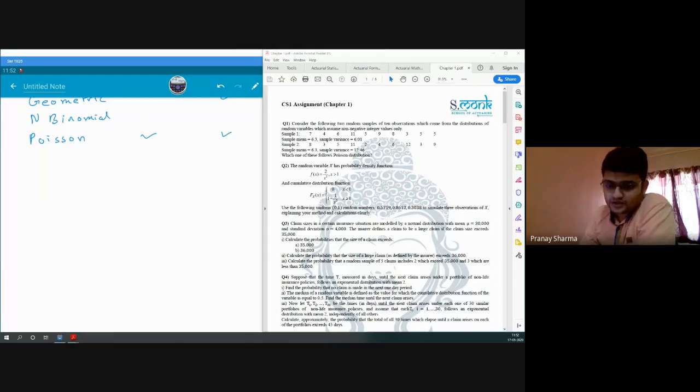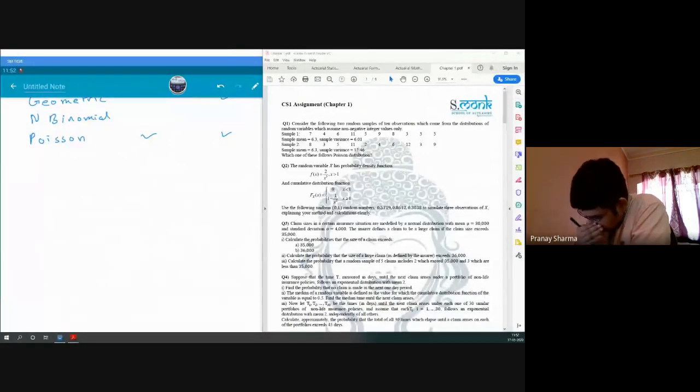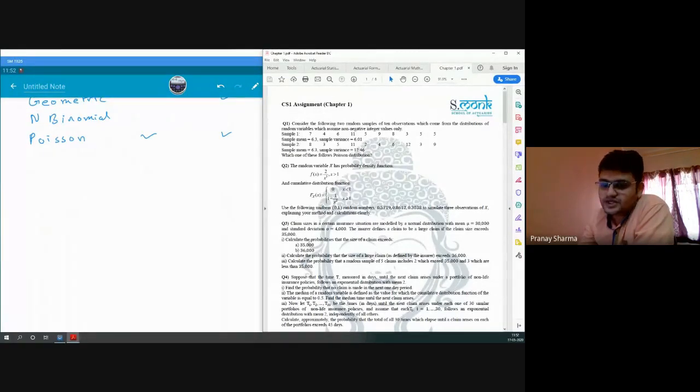One of the students is asking whether the profit margin of the insurance company will also be added to the premium. I'm just giving you a basic example. You will add your expenses, you will add your profit margin, you will add a lot of things. So I'm not giving you how the insurance company actually works. I'm just giving you a basic idea about how it calculates values. It will add a lot of things. Then there will be discounting. There will be a lot of things that we have not included in this example.